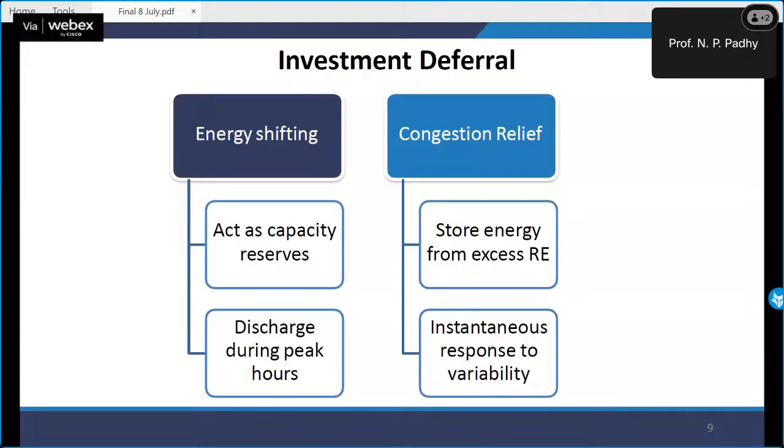And that is the only reason I will give you a case study very soon, where Tata installed a 10 megawatt battery in Delhi just to make sure not to procure maximum power from the exchange. Congestion relief, which is storing energy from excess renewable energy. So I can store the energy because, for example, today in Tamil Nadu we have huge wind potential. So there are n number of power plants that generate wind energy in Tamil Nadu. But the load center of Tamil Nadu, the majority of the load, is at Chennai.